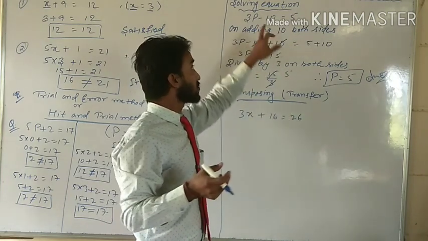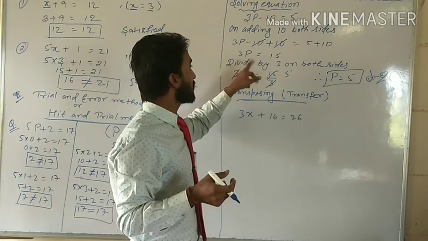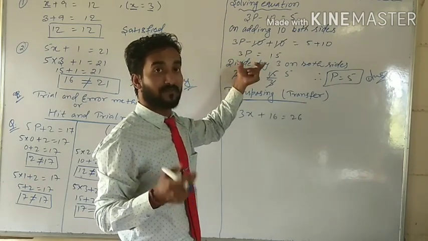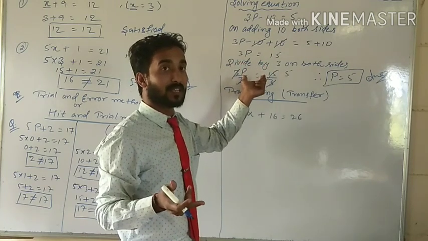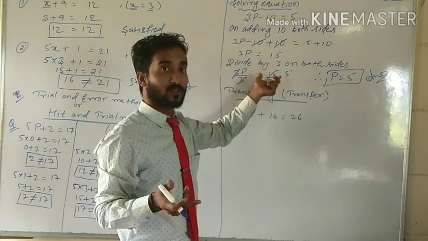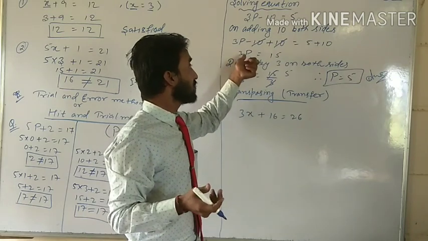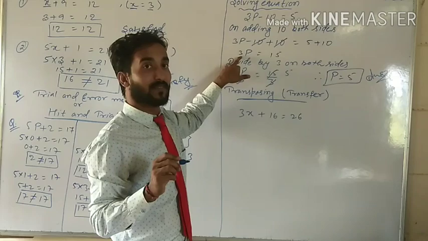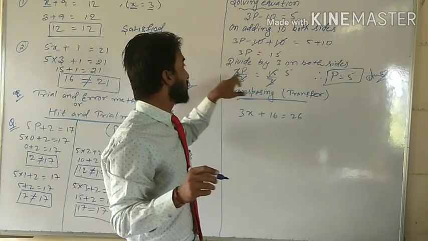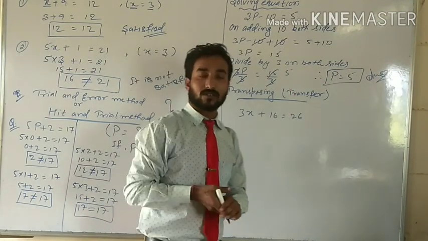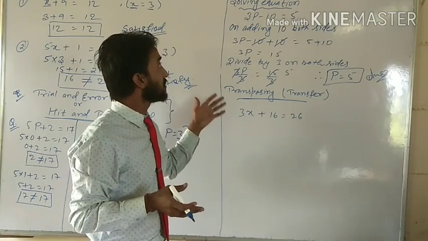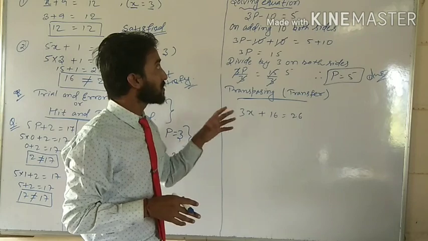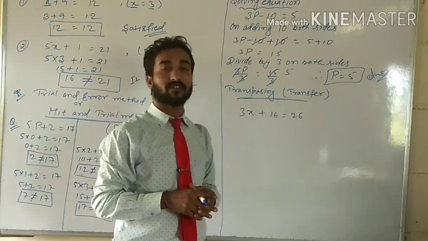Okay students, now see here, it is 3 and p, it means both are in multiplication. Then how will it be eliminated? If we multiply, definitely it will increase the value. So we will divide. For dividing, by how much? Which number are we eliminating? 3. So we will divide by 3 on both sides. Okay students, I think that's how to solve. You have understood it very well, and on the basis of this you may be comfortable doing such types of questions.